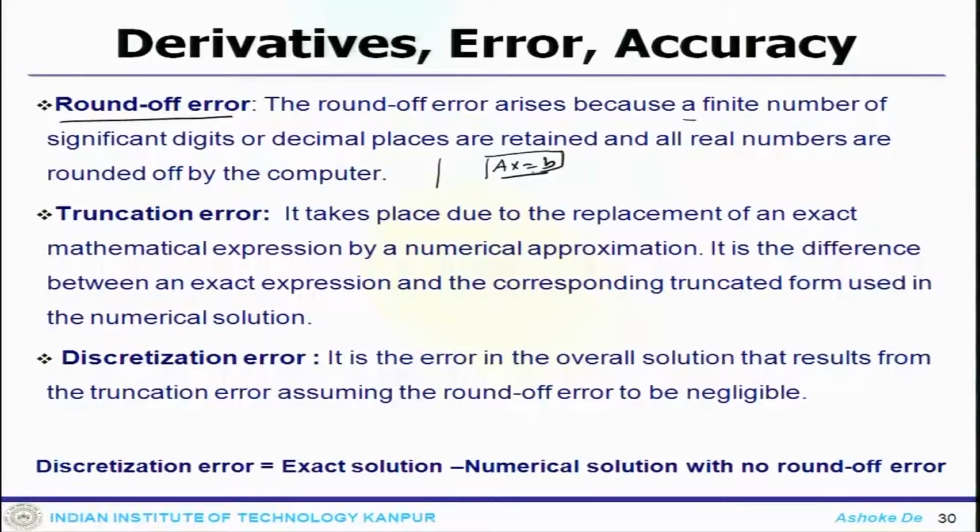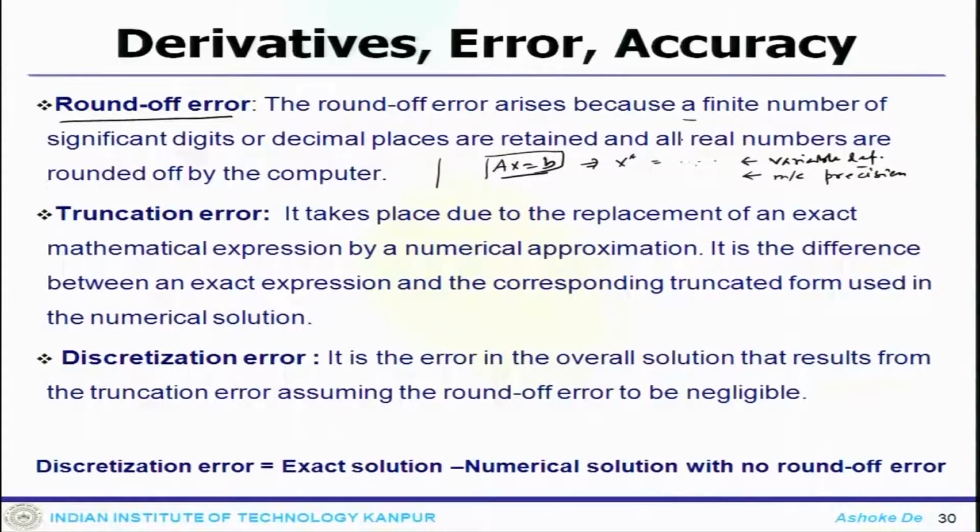Now, when you are solving a linear system in a computer, the computer gives you back some sort of solution x star. The solution you are getting also depends on the digits that you retain after the decimal, and that depends on two things. What is the variable definition you have, that means what kind of variable you have defined, whether it is single precision or double precision, and then on top of that, what is the precision of the machine. So, the machine precision.